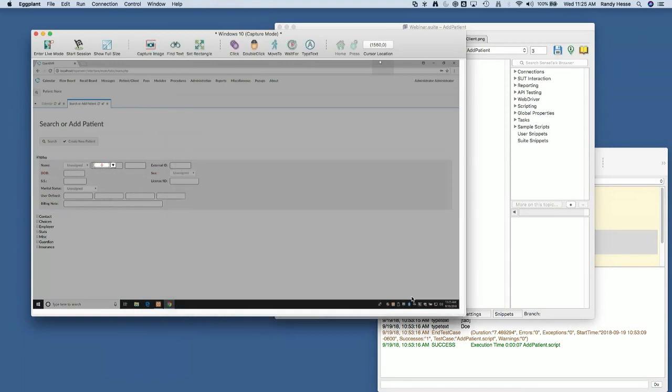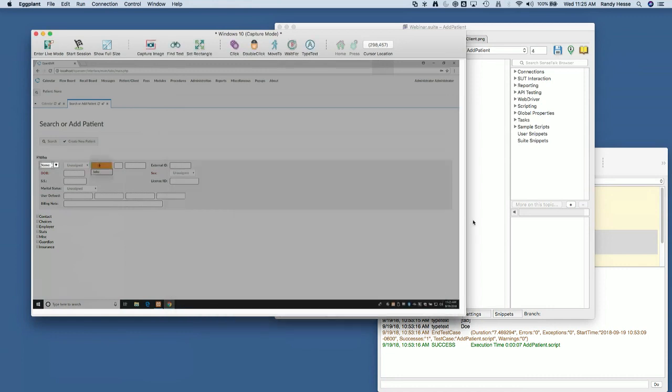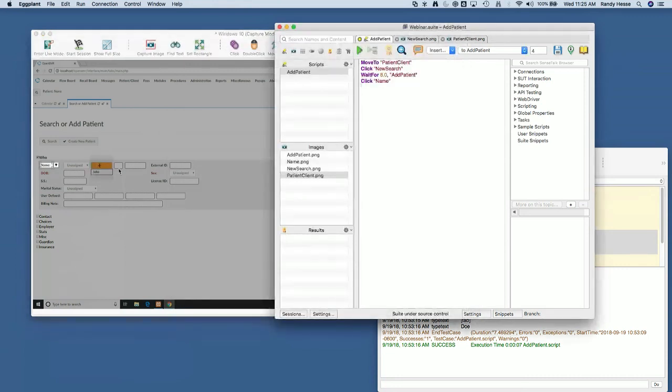So what I'm going to do is an image offset. Basically, I'm going to look for this image, but click over here by moving the little red X to hotspot. I'll drop this down and say click. Okay, we'll call this name. Click on save. Right, there we go. So we clicked onto name. Now we can do a type text to type our patient information in here. So we'll do type text,